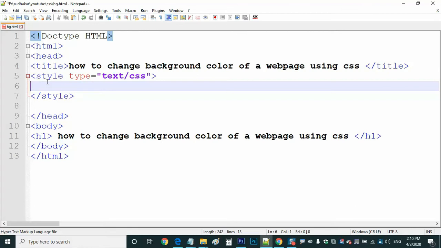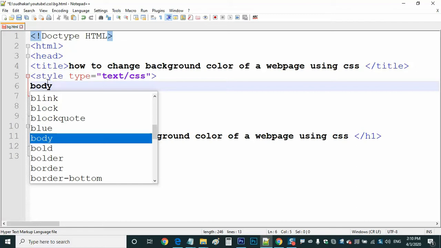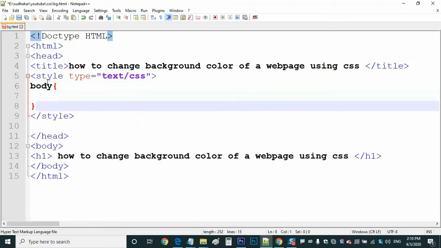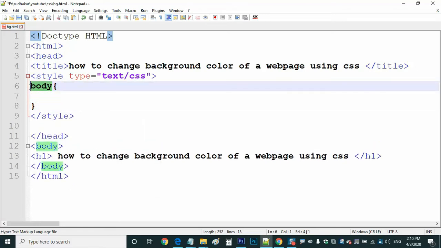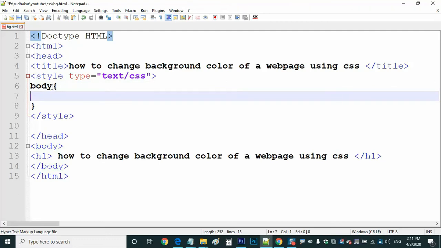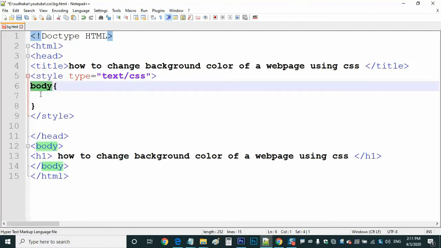I have a different series of videos, and this is one more video which I am creating now. Now I want to change the background of my web page. When I say background, it means the body tag. In the previous video I showed that body is an HTML tag, and this area is called a selector, a tag or element selector. We are using the body tag, and I want to change the background color of the body.